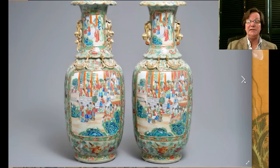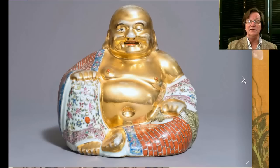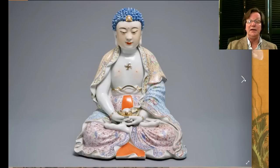A lot of 19th century rose medallion, rose mandarin. Here's some more of them. Okay, these are all great. And here's a gilt Buddha. Now you've seen these many times in white. Well, here's one that's been gilded. Okay, quite unusual. And here's another seated figure, Kuan Yin,